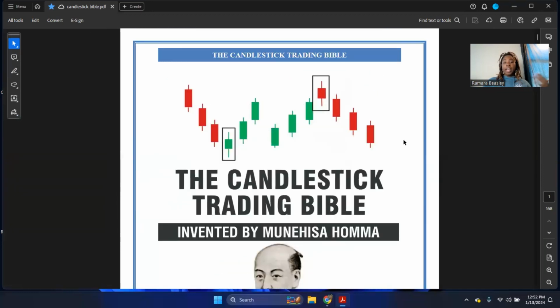So we're using the Candlestick Trading Bible. It's a free download. You can download it with any of your internet browsers. I've also put the link in the description below so you can get the book via Amazon. When I first started out, I just downloaded the book. I printed it out, put it in a folder, and did my little notations, my highlights, and I studied it until I got it. And the rest is history. Now I'm here helping you learn this great information for free.